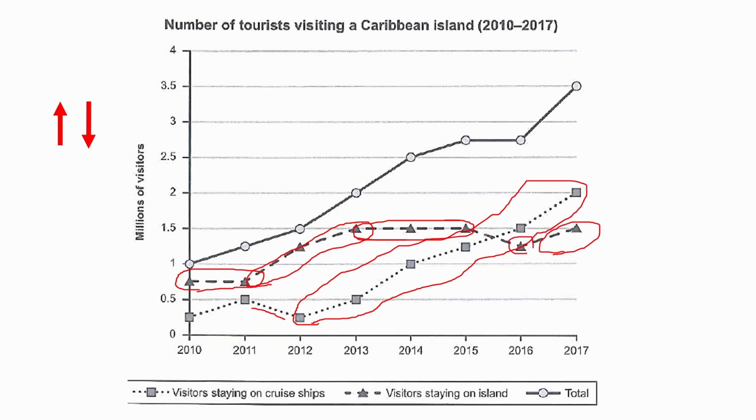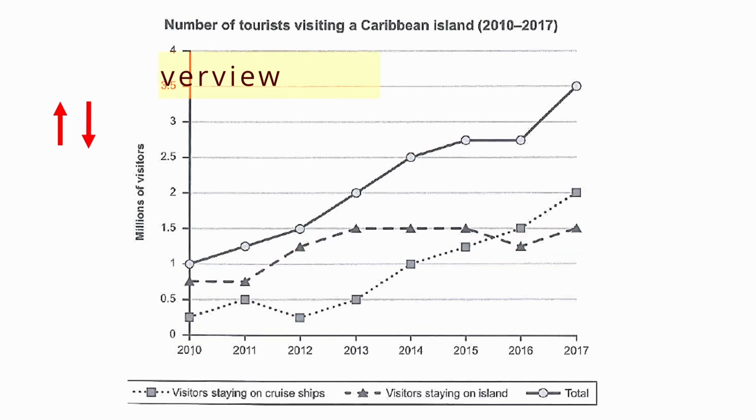The last one for total, overall upward trend. From 2010 to 2015 it went up. In 2016 it remained the same or reached a plateau, and 2016 to 2017 again it went up. Overall, an upward trend. Now, for the overview, I'll mention total first because this is the most important one, the